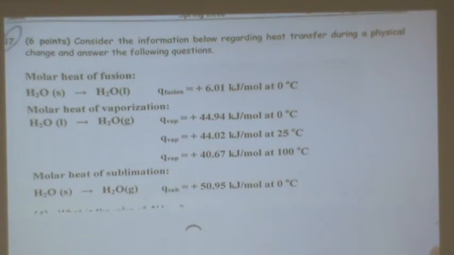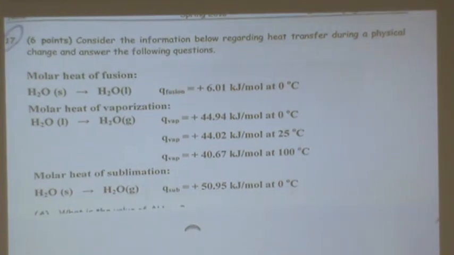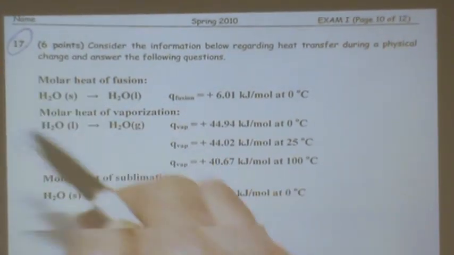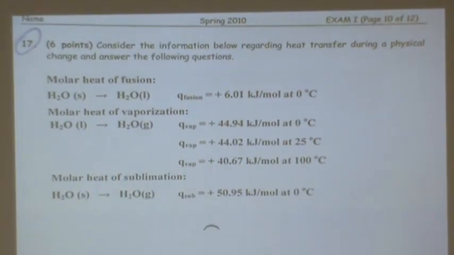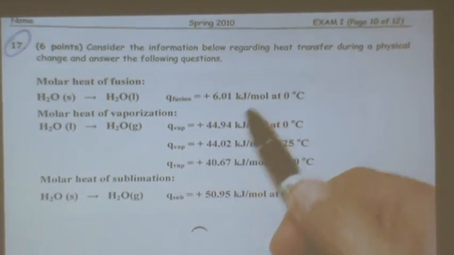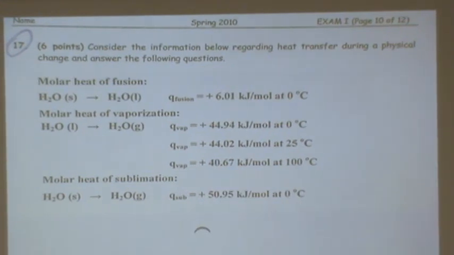So this is actually a slide we saw in lectures. There was a time in the past when there was a problem. So we have the molar heat of fusion: for a solid to go to liquid, per mole, you need so much energy. Here it says in the